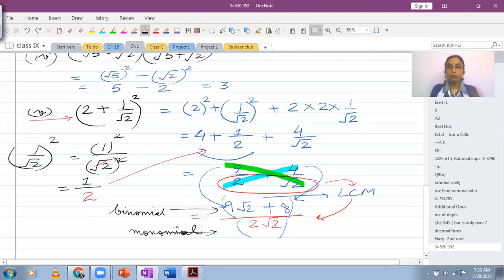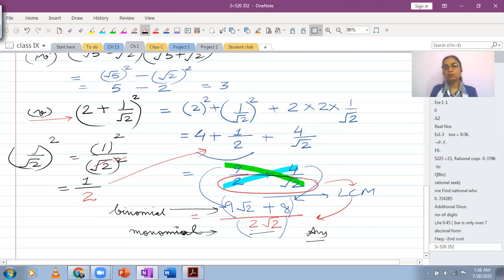If you want to write this down for yourself, it will be better, because if you had this in mind, root 2 cancel हो रहे हैं, 2 और 8 cancel हो रहे हैं. Just remember this. This is a monomial in the denominator, and I cannot use it to cancel any part of the binomial here. So if I want to cancel, I would have to separate it. And if I separate it, I'll go back to the expression that I had earlier. So this is what our answer is at this point.